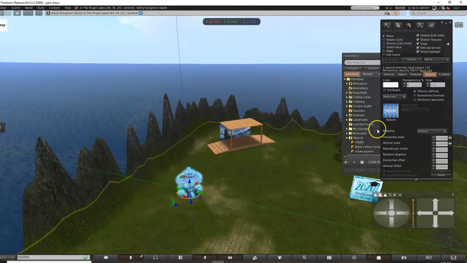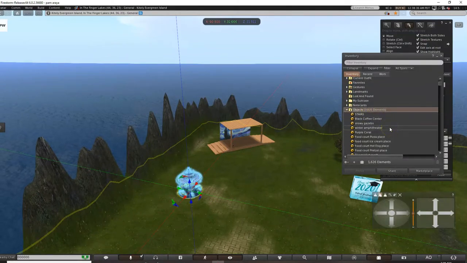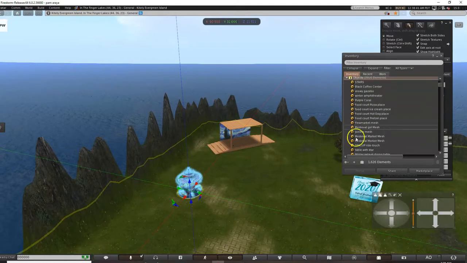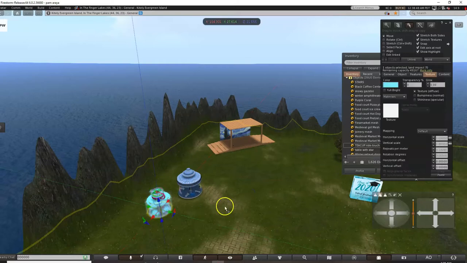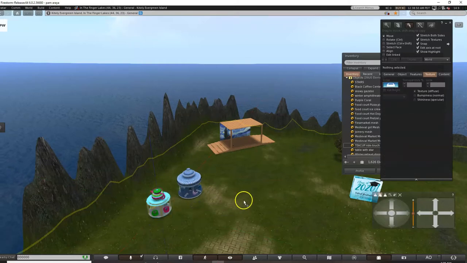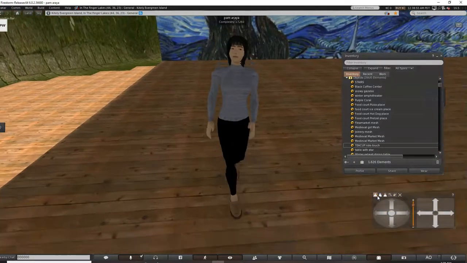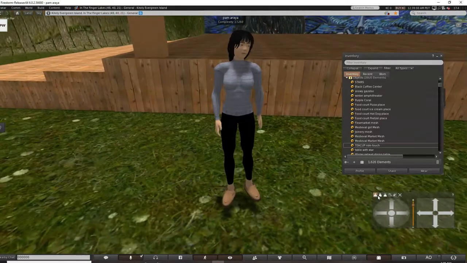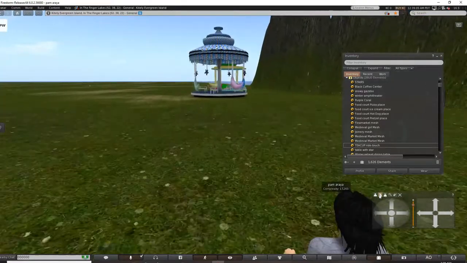You just touch it. Drag and drop. And those are the kind of permissions you can set for your items. When you build your own items, that's what you can do. You can let people not take them, period. There's another teacup. So the nice thing about these rides is, I know you're hoping we can sit on them and ride, right? Tell me you were hoping for that. Well, I hope you are, because that is exactly what we can do.